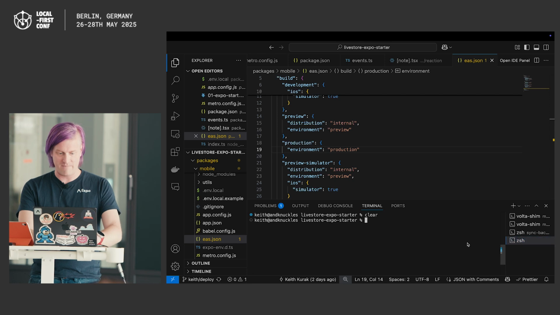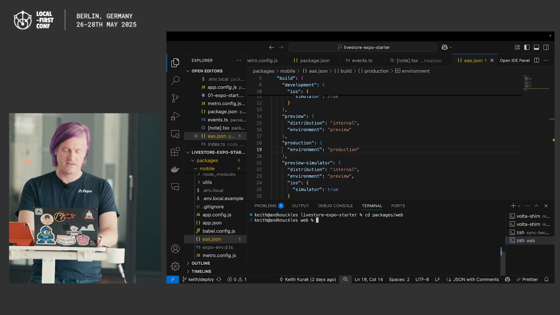Now the final part is, okay, we did all that, what about the web version? So Expo does support web as a target. There are a few things that need to happen with the LiveStore library in terms of ESM module support. There are some differences, so far, for why you can't use LiveStore yet in Expo's web version, but you can use EAS hosting to freely host the app, because you can compile the Vite app, and what it gets compiled to is the same format that EAS hosting expects. So inside of the web part, I go cd packages, web, npx expo export,